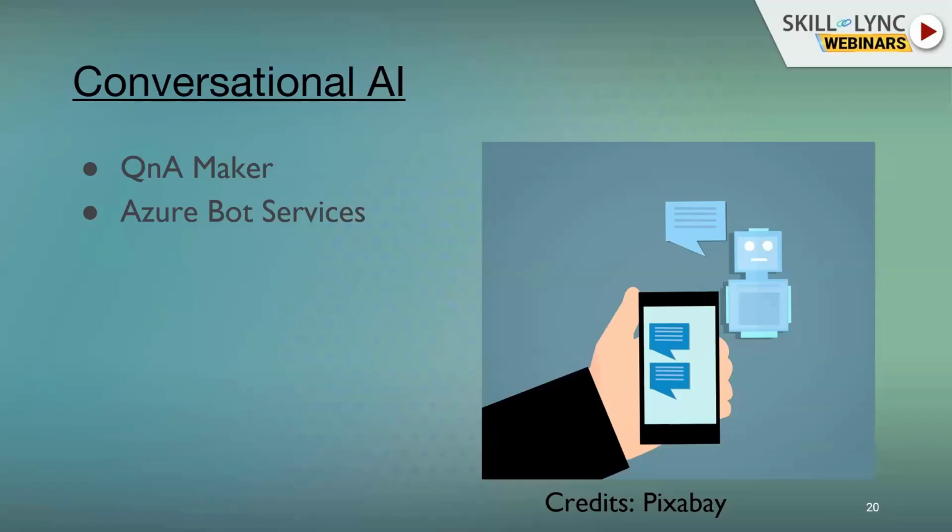Let's suppose you already have an FAQ document available, or a Q&A. Q&A stands for question and answer. You can just import this into the QnA Maker system, and based upon that, you can build a bot, and immediately create an intelligent chatbot. This can be done within a matter of minutes or hours. That has been possible with the use of all these latest technologies provided by Microsoft Azure.